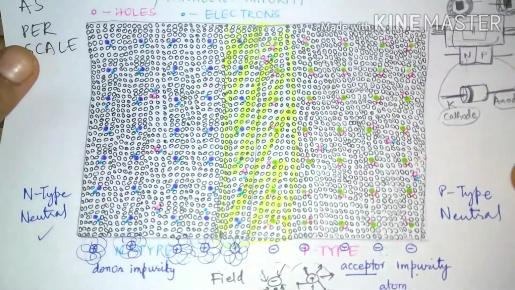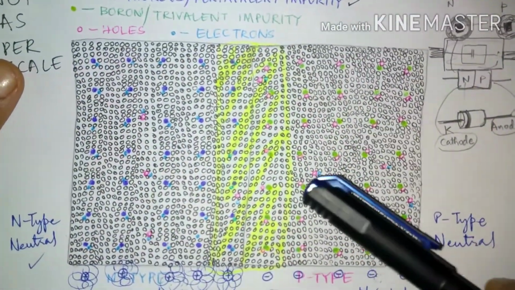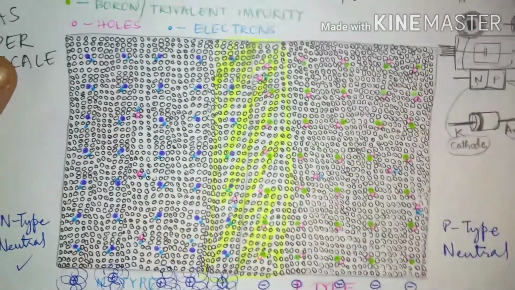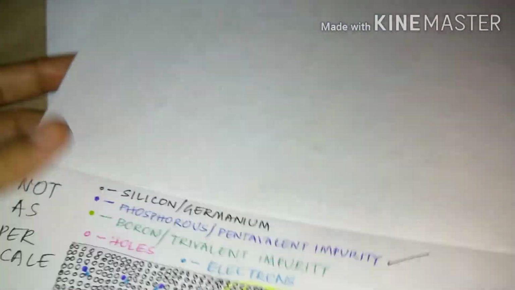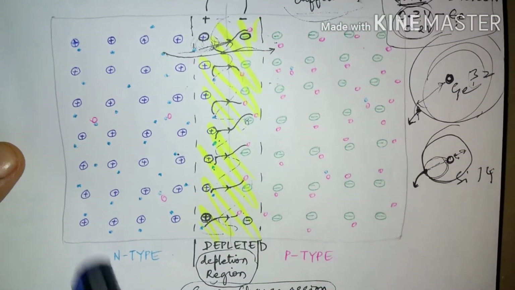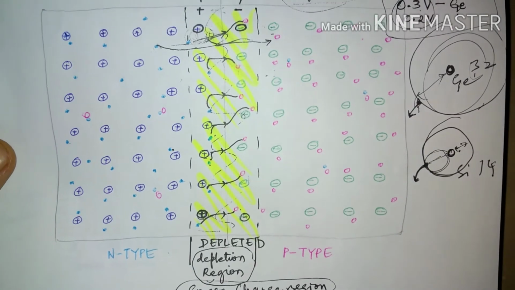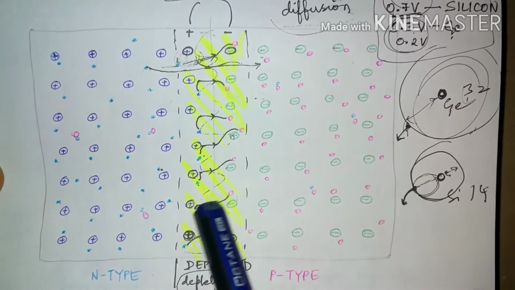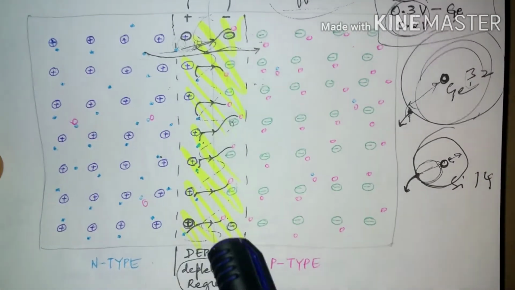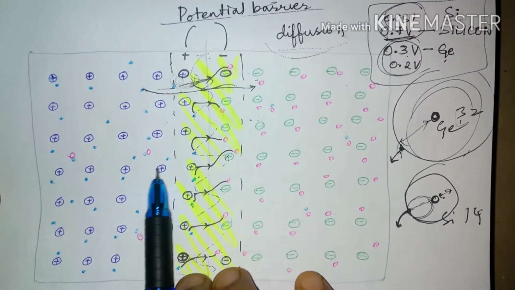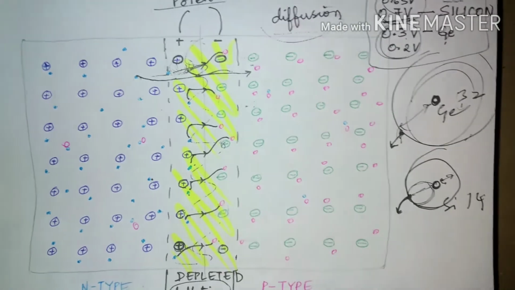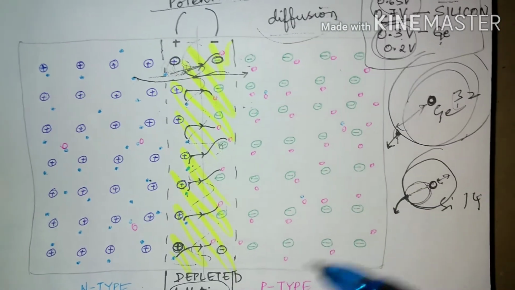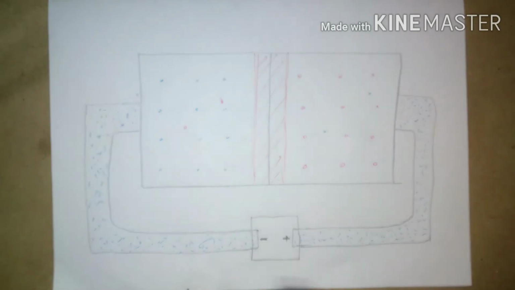Now I want you all to keep this in mind, that there are many atoms which we are not able to see, and this as well. Later on we focus only on impurity atoms and free electrons and holes, and how this electric field is created. That means the depletion region, because of which an electric field is created, which is stopping all the electrons from entering into the holes on this side, right?